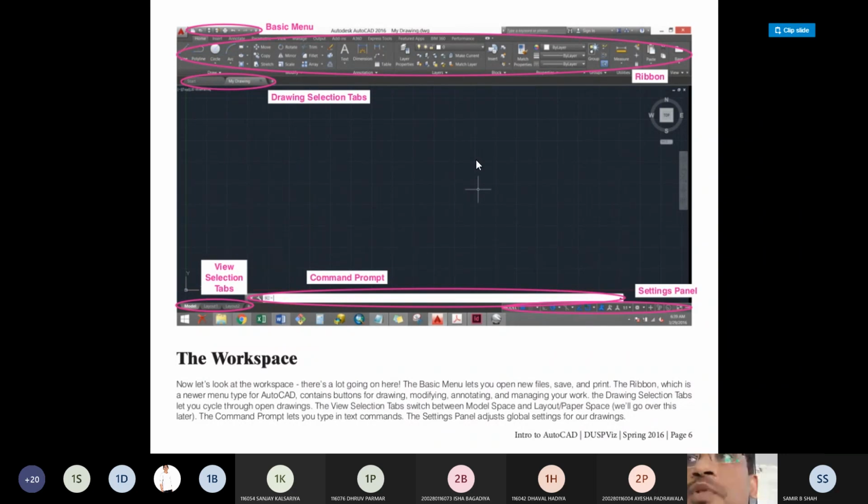There are lots of tools and commands which may be helpful to draw any 2D or 3D drawing. The basic menu, if you want to start, then we will start with a new file, then save, and if the printer is attached, then you may take the print also directly.